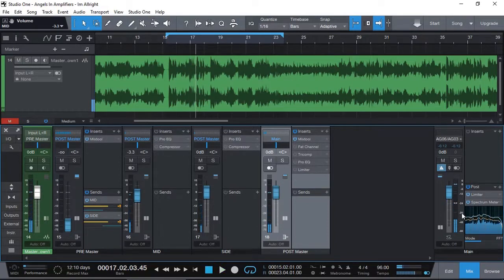Okay, so we are actually having RMS around minus 24 dB or thereabouts, which is fine. And once we add our mid and side processing,